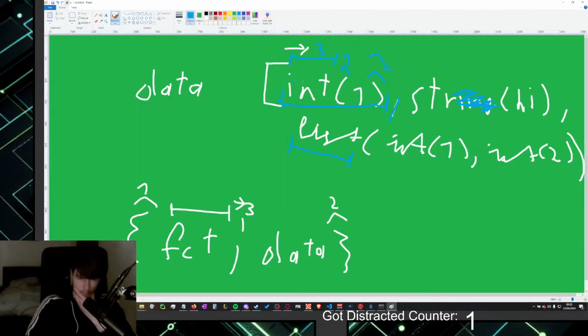Yeah, we can worry about it later. If it's a list, then search for that one. Actually, then count brackets.